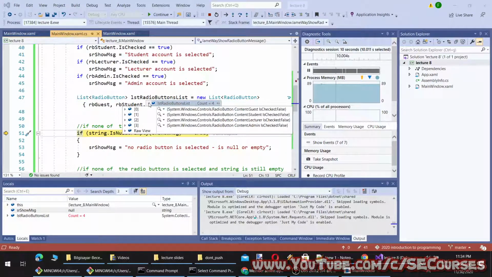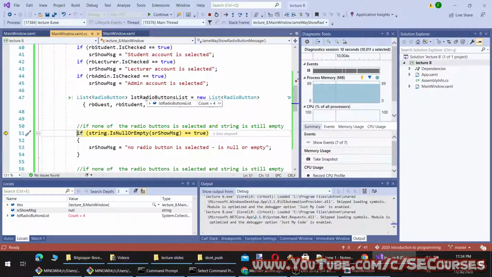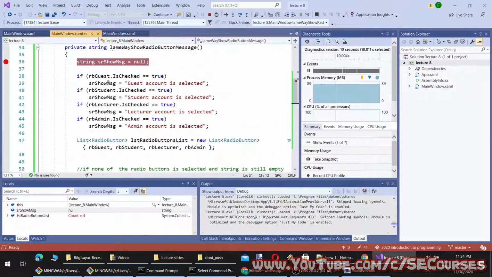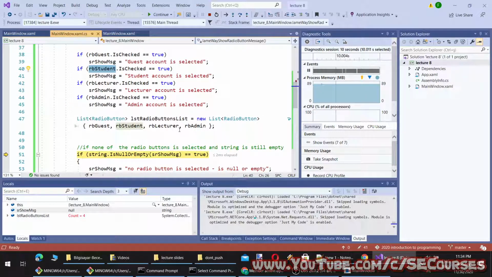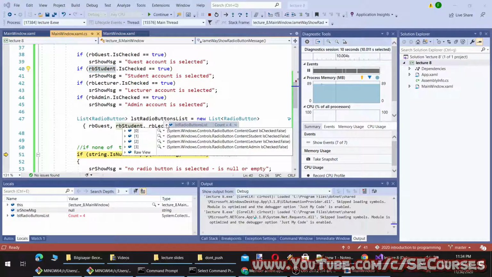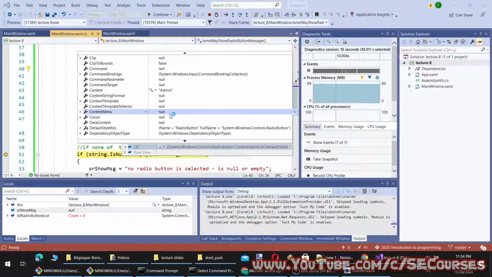Currently my list holds references to these radio buttons, as you can see. So I can access these radio buttons with an index. I could use their name. However, I am using their references inside a list. Therefore, it is easier for me to modify them.